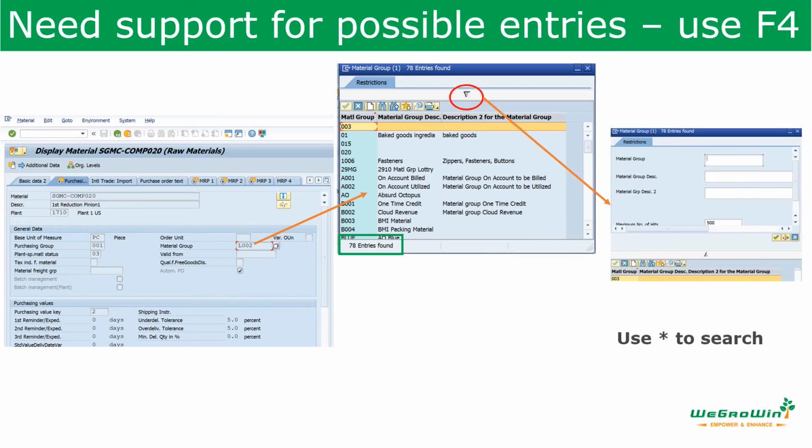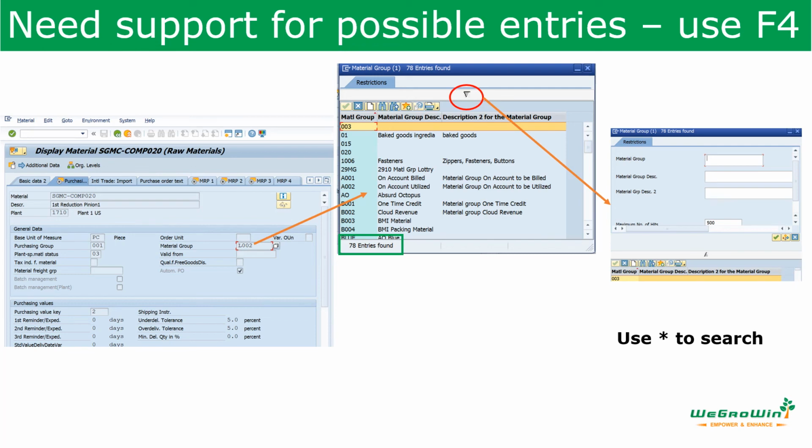When you click on this small inverted triangle, the system will open the search options. For example, if there are 500 entries, how do you find the possible value? It is difficult. If you have 10 or 20 entries, you can find it, but with 500, how? Then you can use the search field. When using the search field, there is an option to use the star. Please use that. If you put any word or term,